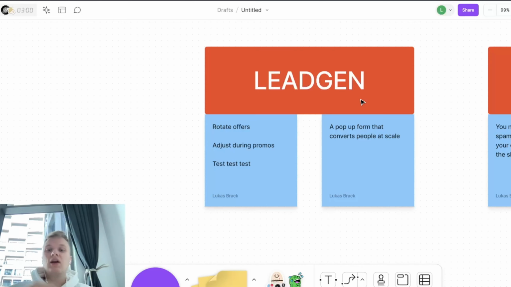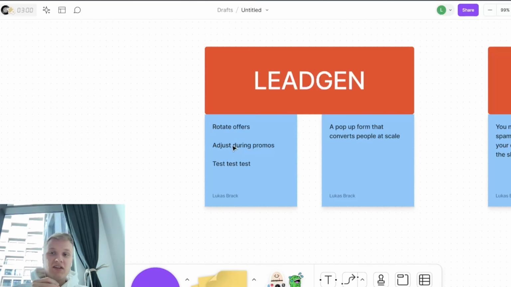Test, test, test. One little side note here: adjust the pop-up offer during promo. So for example, you have a Labor Day sale that is going 7 days. You do not want to have a generic 10% off pop-up form during that stage. So what you want to do is create a dedicated pop-up form for promos that literally just restates the offer that you're currently running on the page, and then get their email address and send them to a welcome email, which is in theory the campaign that you sent out for the first time so they can get the offer. And that way we're collecting new leads, and we basically show them the offer as well.